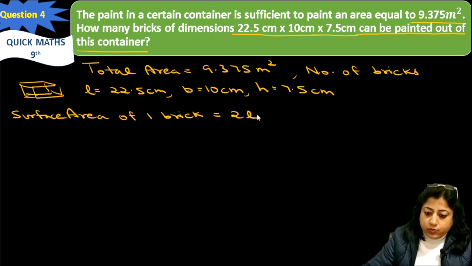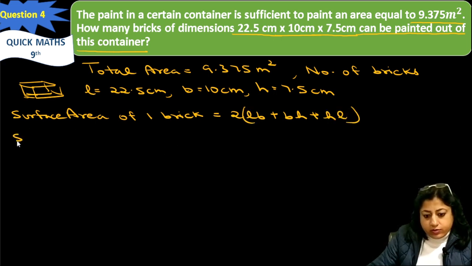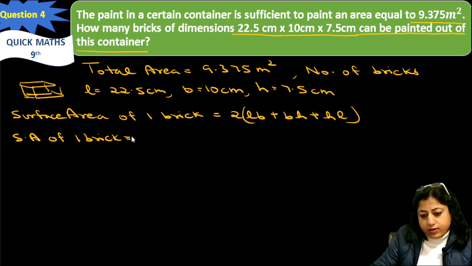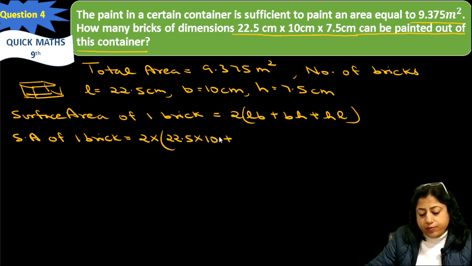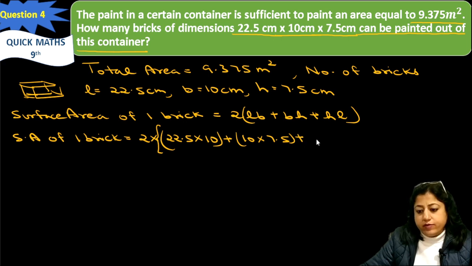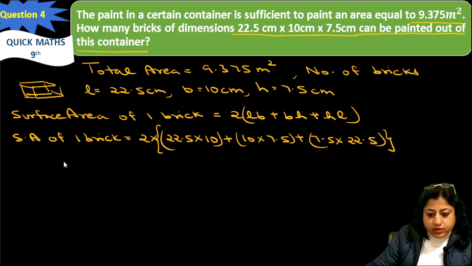The total surface area of one brick is 2(lb + bh + hl). So the surface area of one brick equals twice into, we will put the parameters: 22.5 into 10, plus 10 into 7.5, plus 7.5 into 22.5. So by putting all these parameters here, we can get